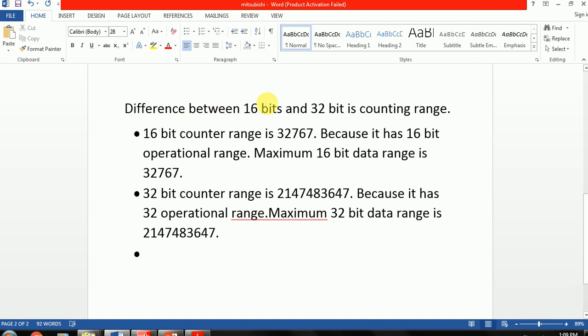The difference between 16-bit and 32-bit counter is the counting range. This is the main difference. A 16-bit counter has its own range, and a 32-bit counter has its own range. The 16-bit counter range is 32,767 because it has a 16-bit operational range. So a 16-bit counter's maximum is this value, 32,767. If you want to use a counter with more than this value, then you have to use a 32-bit counter because it